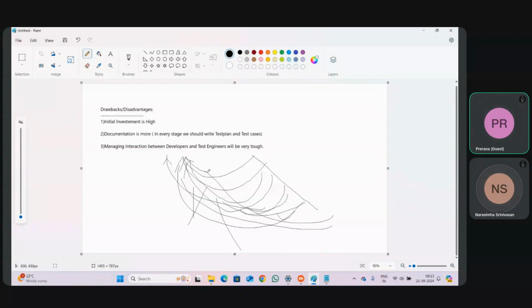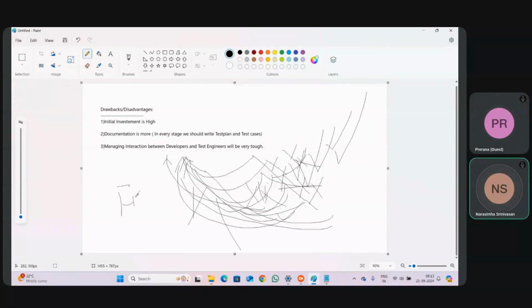He will tell, no, this is not a defect. This is not a defect. Hey, this is a defect. It means we started to fight. He's telling no, I am telling yes. One day it will burst into some fight. But there will be no fight physically. There will be something like they will not talk or they will show some attitude. That type of thing will be there.